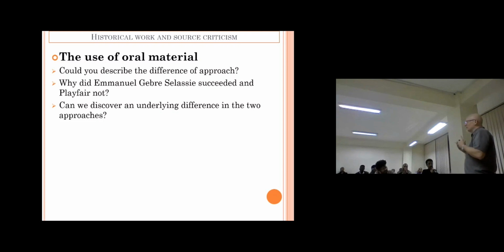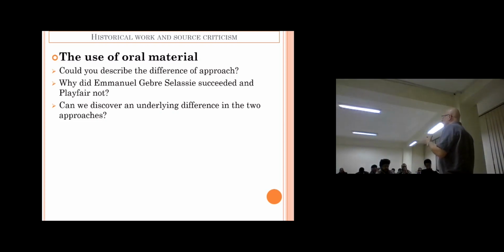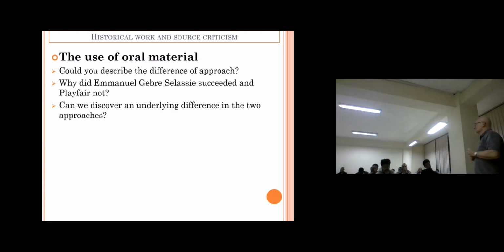Whereas Emmanuel Gebrselassie approached the local culture as an oral culture, where narratives and storytelling are a way of solving problems. I mean, in old societies, you store information in narratives, in stories. And you also use stories to solve problems. So that's part of it. You use a story to solve a problem. Telling the story is a way to solve the problem. You see that? Could we have other considerations?